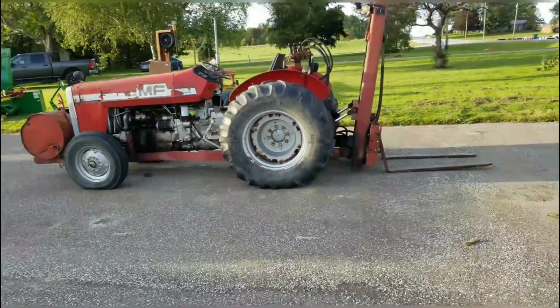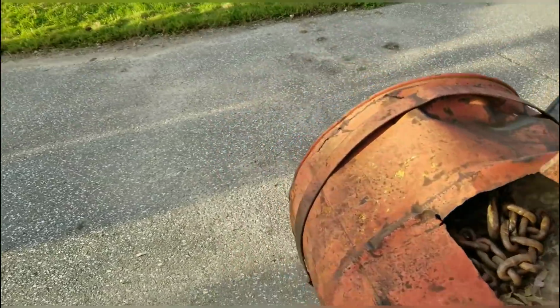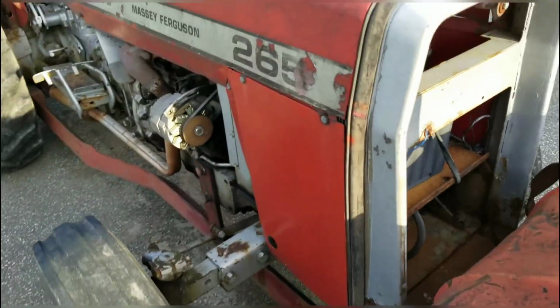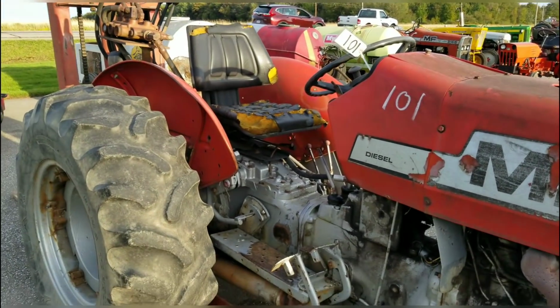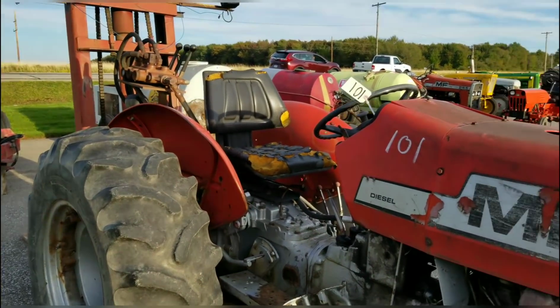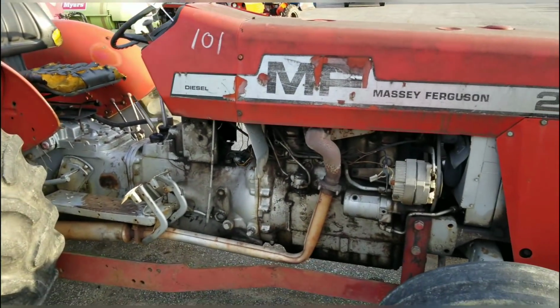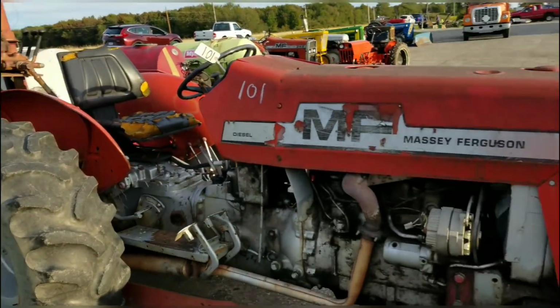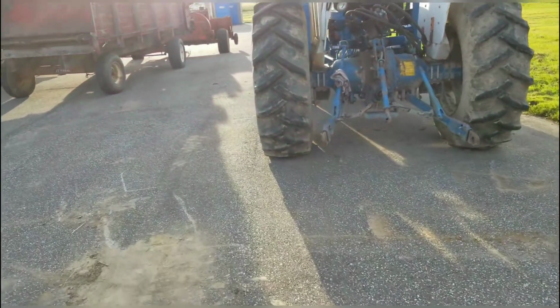It's got a forklift attachment on the back. Counterweight on the front here. 265 Massey Ferguson. So this is going to be, I believe, 2 sizes up, or at least 1 from the tractor we just looked at. Good little workers, good little utility working tractors. If you needed a forklift, there you go. Let's come over here and look at this Ford